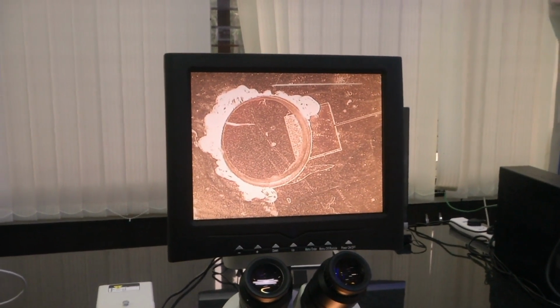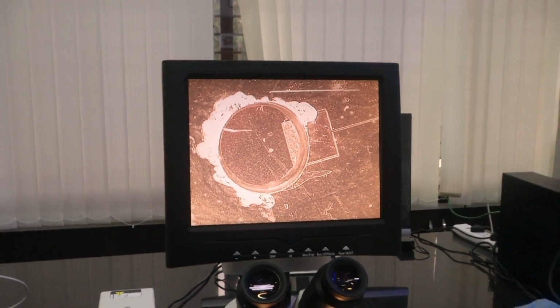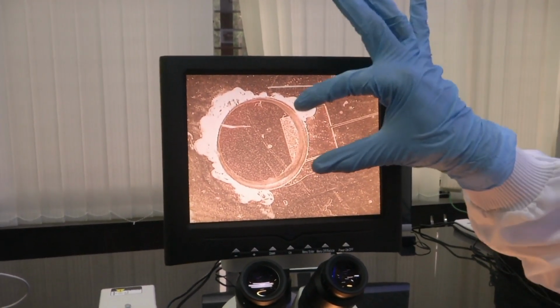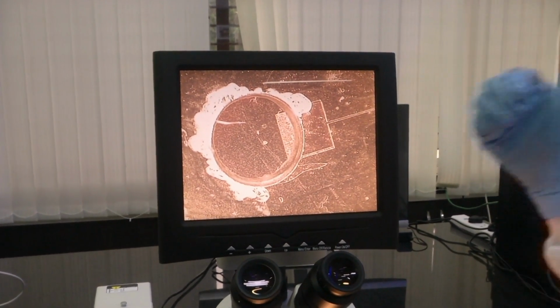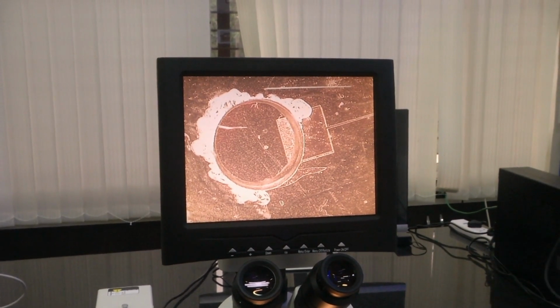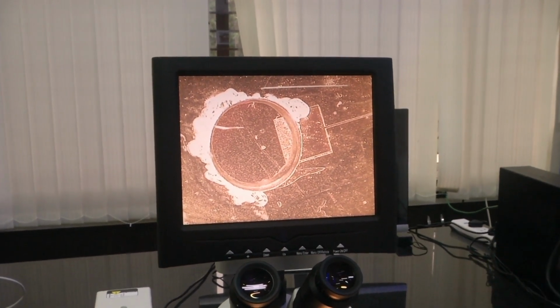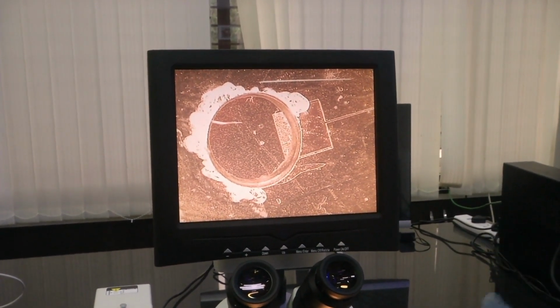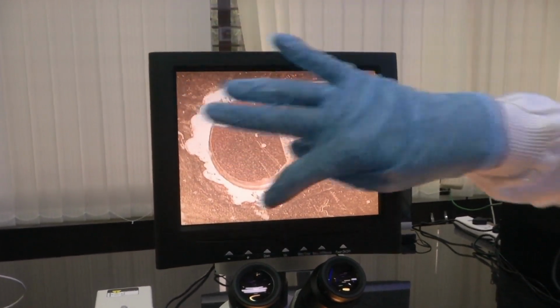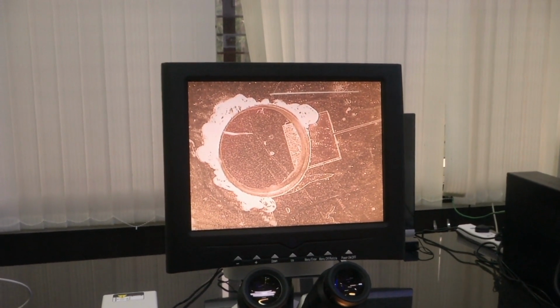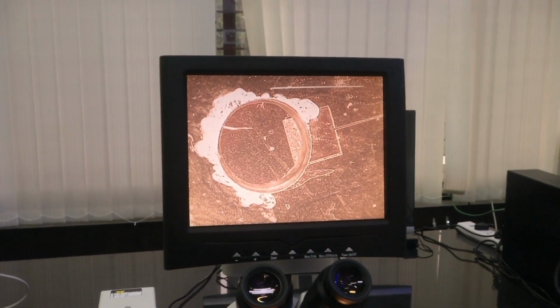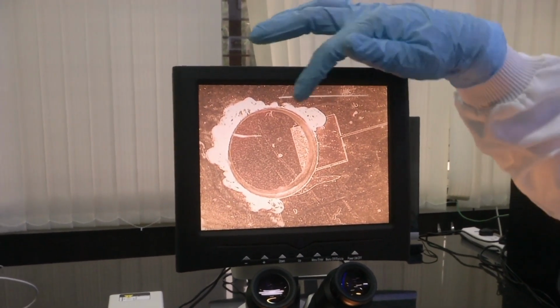Like this you can analyze whether the radius of your well has come correctly, how much of your pad is actually coming under the well, whether you need to improve your design, whether there is any contamination from your fabrication process, or any contamination from your repeated usage. See here there are a lot of rough patches, because we have used the sensor many times. Now it has become unusable, so we are just showing it for academic purposes here.